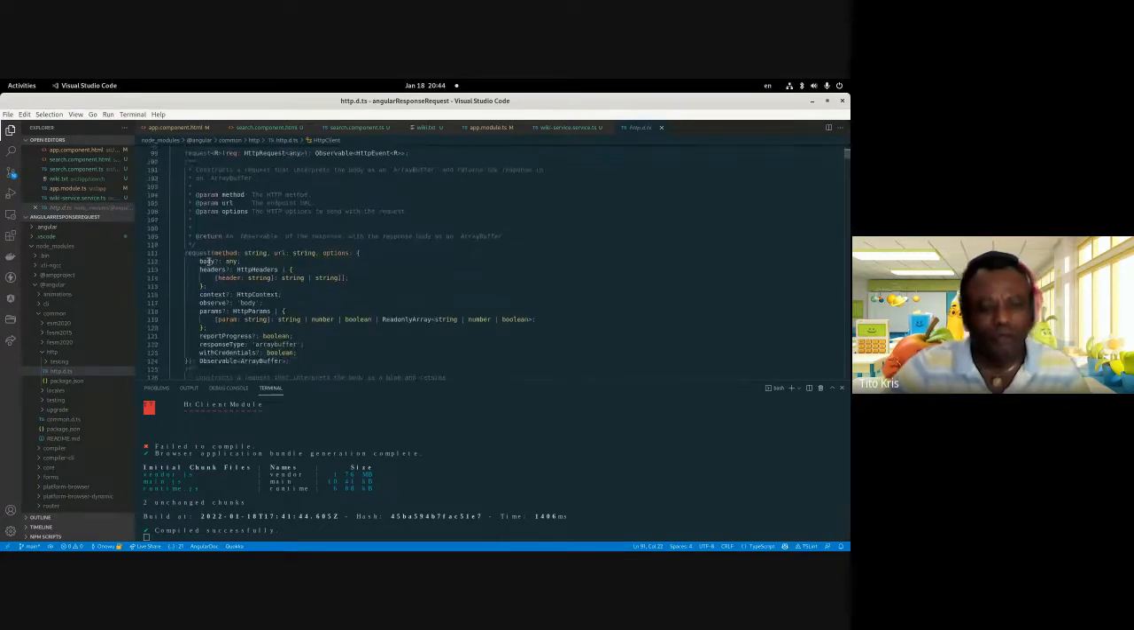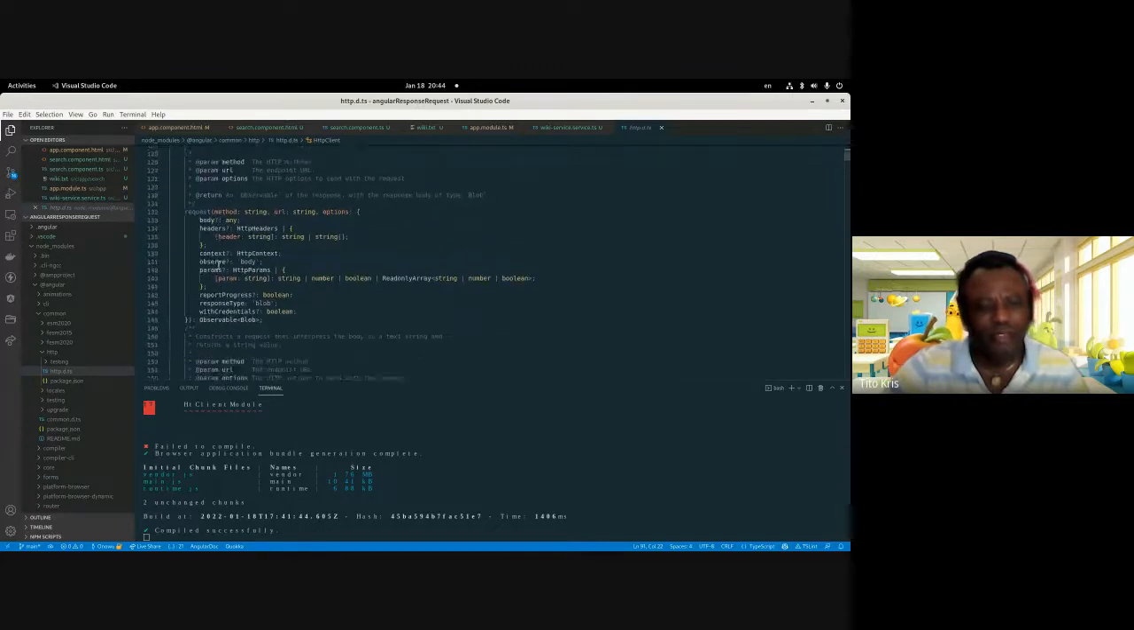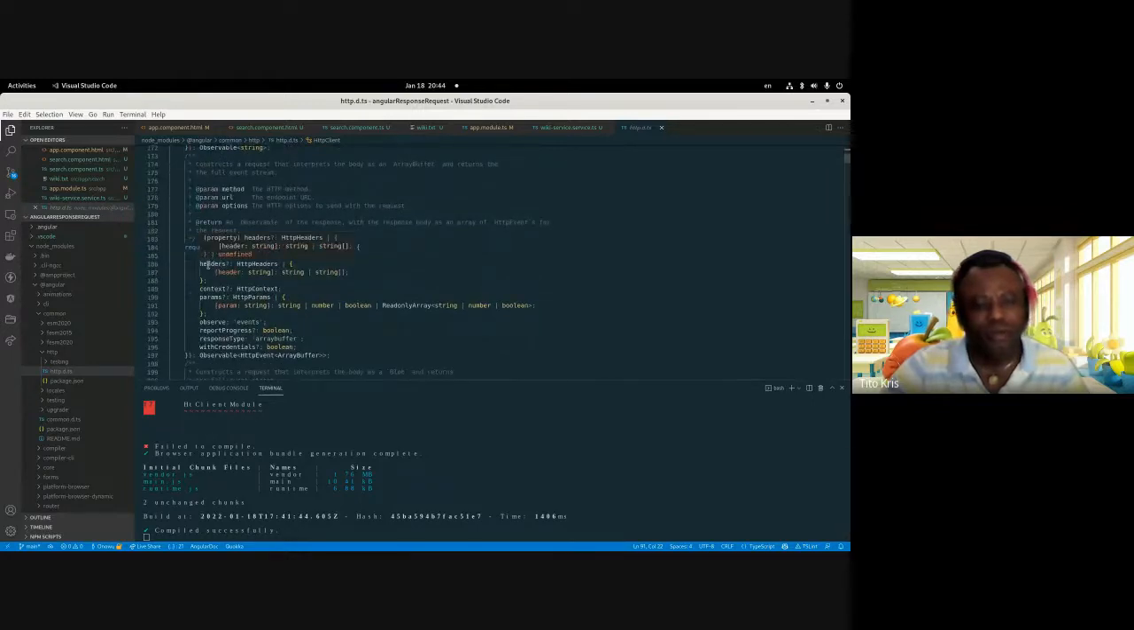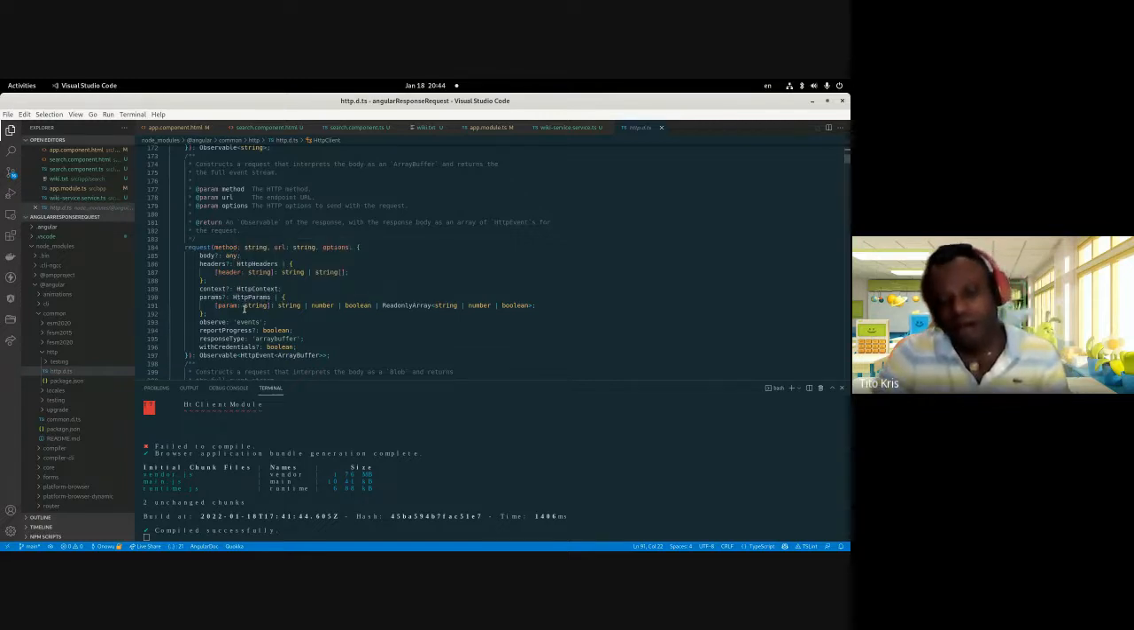When you make a get request, you can have the headers, you can have the parameters, and now we need to use these parameters. You could have a parameter with HttpParams, which is going to be an object of param strings or numbers or booleans or variable arrays. So what we're going to do is